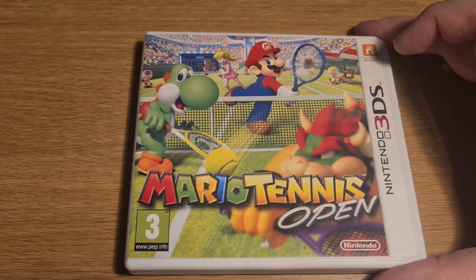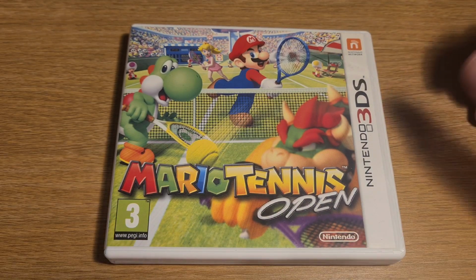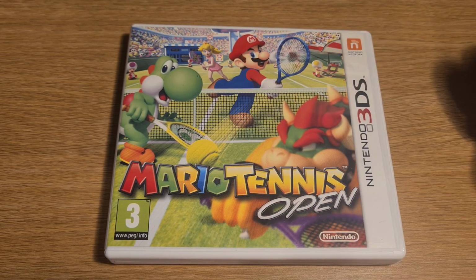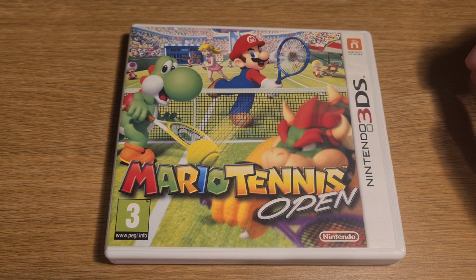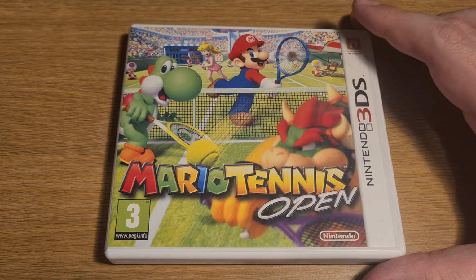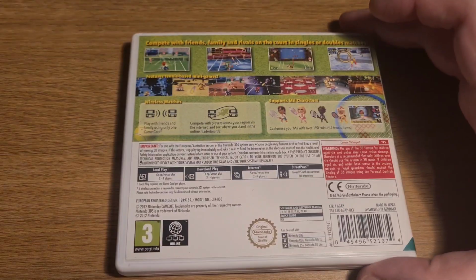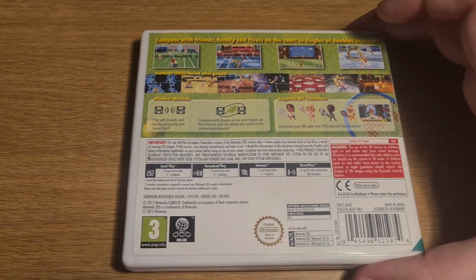Then we have a brace of Mario sports titles. So Mario Tennis Open. Disappointed in this one. Also disappointed in the Mario Tennis that appeared on Switch as well. This one, it's half decent, but I just think it was lacking a bit in content. But I played a fair bit of this, but it's definitely nothing on the next sports game that we have up,